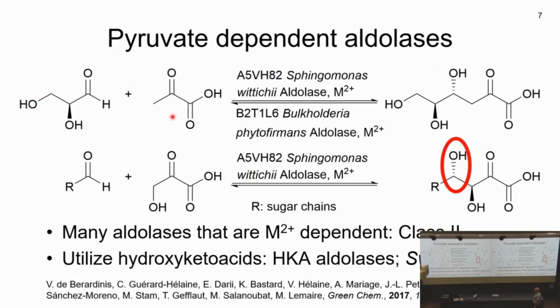And fortunate for us, a French group had then just done the research for us, and they had published a number of enzymes that do this. So they found that you had a number of metal-dependent aldolases, so class 2 aldolases, that can utilize hydroxypyruvate. And you have 2 different enzymes that are particularly successful. That is the Sphingomonas one and the Burkholderia one. And they always set up the stereochemistry here in exactly the same way. And the Sphingomonas one gives you the OH pointing backwards, and the Burkholderia one gives you the OH pointing forwards. So we had found this, and we wanted to know more about it.